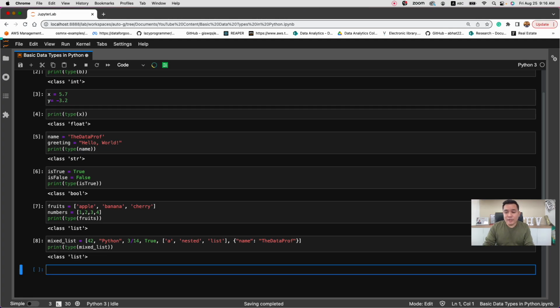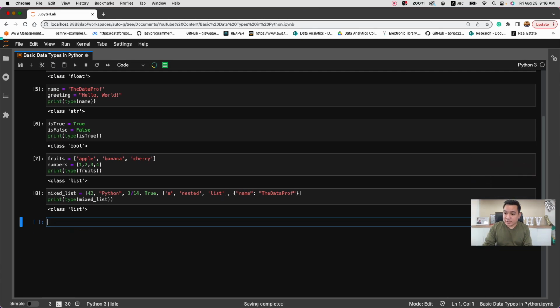Now, one thing to note here is that the elements of the lists are separated by a comma. It's very important that, in order for you to tell Python that they're different elements, a comma is placed between those two items. So for example, for this case, apple, banana, and cherry, apple and banana are separated by the comma, and therefore there